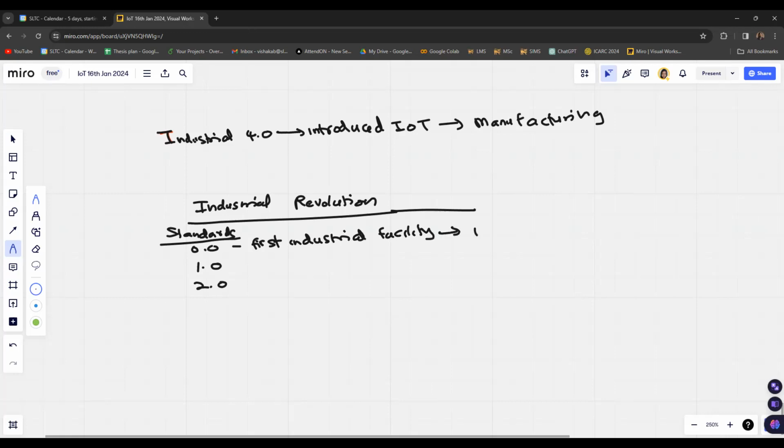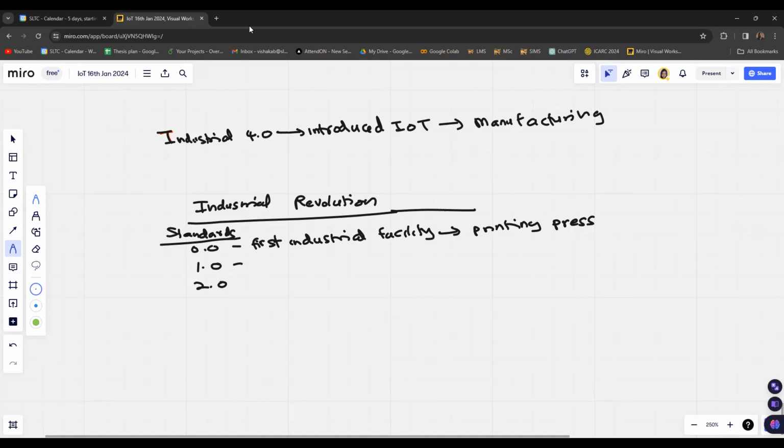So initially we had the printing press based industry, which began during the industrial revolution time. This is known as the first step of developing an industrial facility.